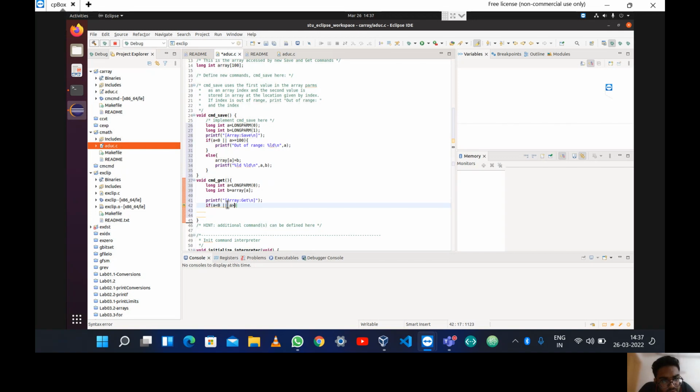Actually, I'm sorry for the background noise. It is coming from the Google Meet. So printf. In this part, if the index is out of range, we have to print out of range, followed by the index that we are getting, which is stored in the value a. So percent